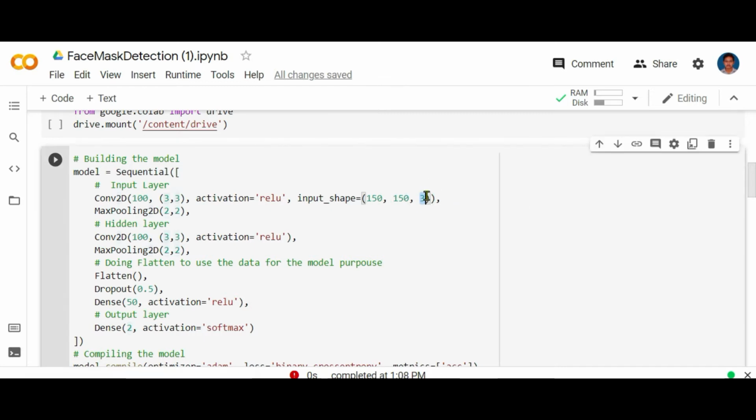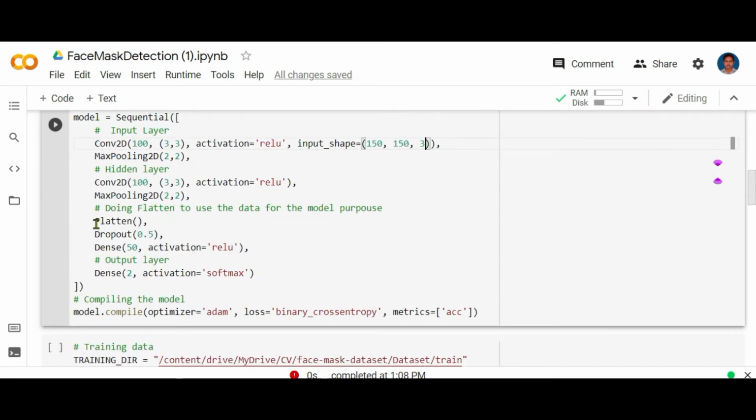That's why I have mentioned the 3 here. Otherwise, if it is a grayscale image, then I will be initializing 1. Similarly, I initialized max pooling as 2x2, and I have used one hidden layer with the same parameters that I mentioned in the input layer as well.